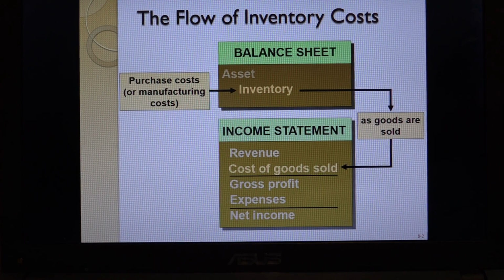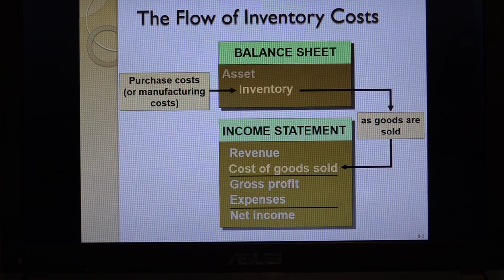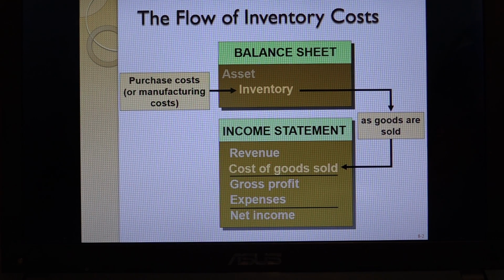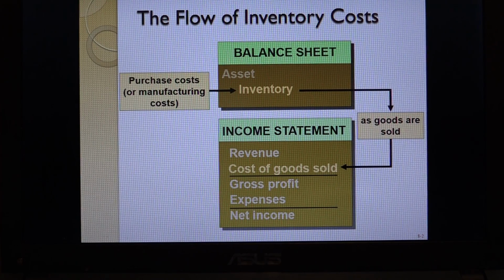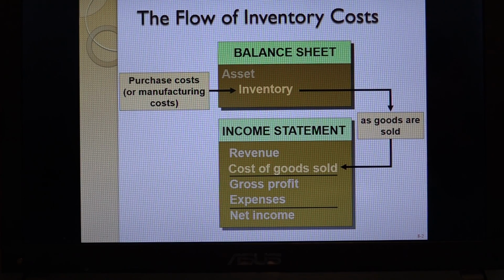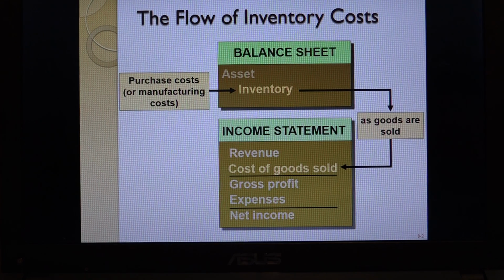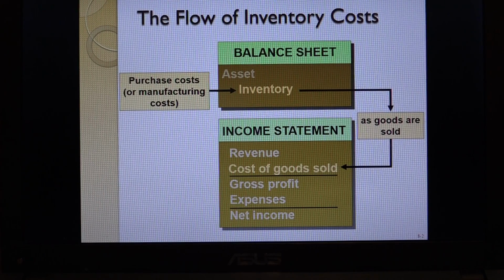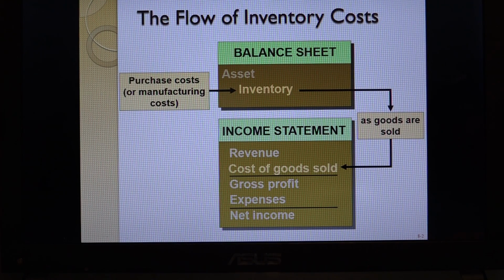Remember that we capitalize the cost of inventory. We put it on our balance sheet as an asset, and until we sell it, we don't expense it. So we list it as inventory, and once it's sold, it becomes part of our income statement as an expense account called cost of goods sold. And so I think we've looked at this before, back when we were talking about merchandising,